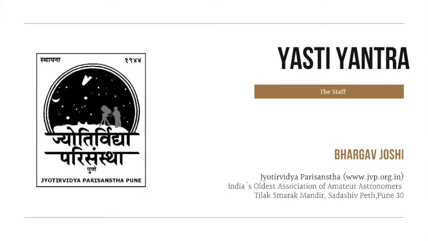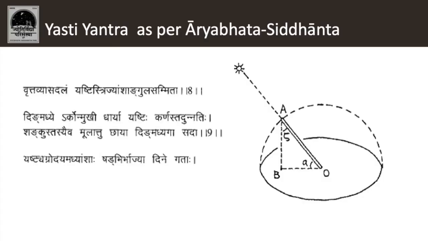So the next is Yashti Yantra. In the earlier slide, we saw the gnomon is placed vertically and the shadow is cast, and we see a hypotenuse, a right angle triangle. So in this yantra, the Yashti Yantra, we have to place the instrument in an inclined manner. In this manner. So now we are trying to imagine a hemisphere. You're sitting on the ground and there's a hemisphere over the top of you. And in that hemisphere, you are placing the gnomon. So this is basically a gnomon, but in the form of a Yashti. Yashti basically means hypotenuse. So OA is your instrument, which is placed in an inclined manner to the horizontal,